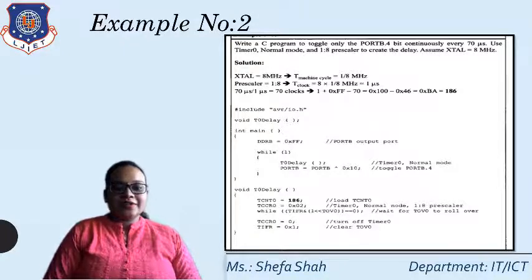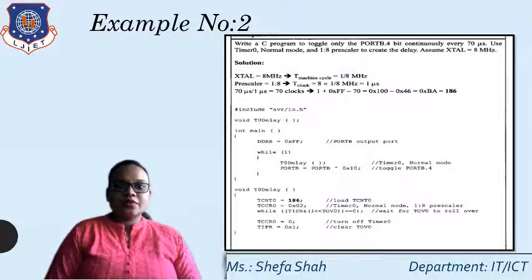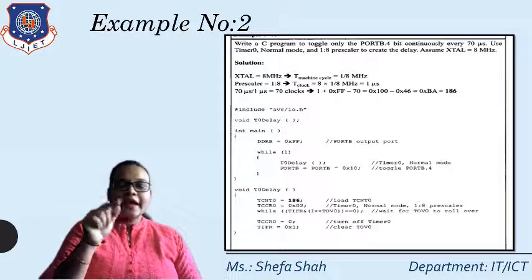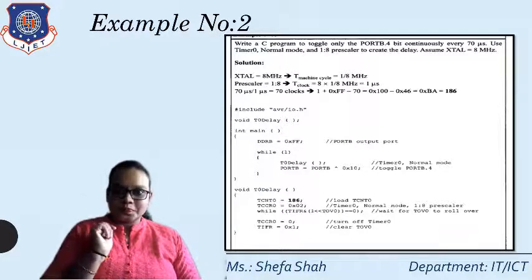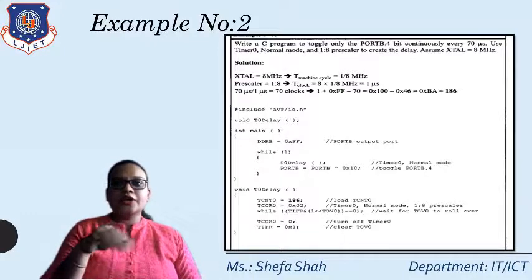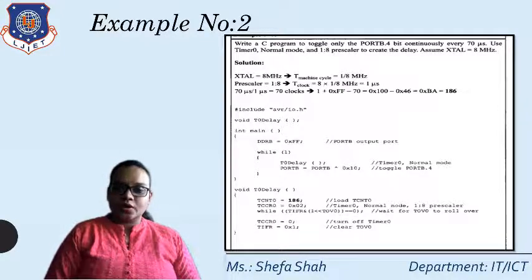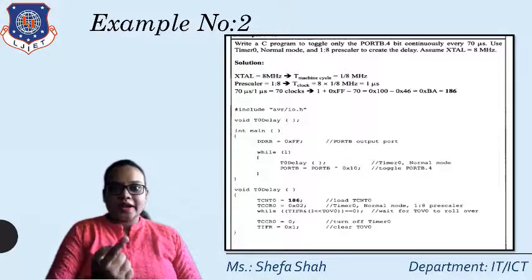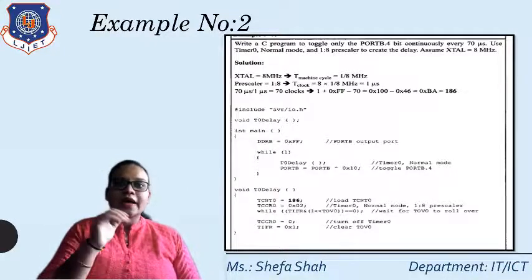Again, we are monitoring the while TIFR and one shift left TOV0. Here you can write this way also, or you can write the previous example whatever we have written, that is TIFR and 0x01. So you can write that way also. If it is 0, then it will continuously monitor in that particular while loop. But whenever it is 1, that means it will come out of the loop, and then we need to